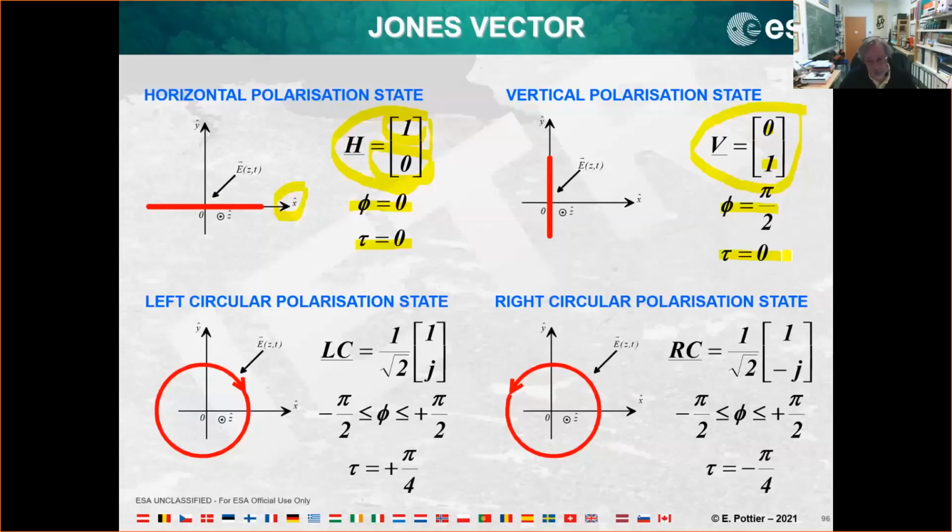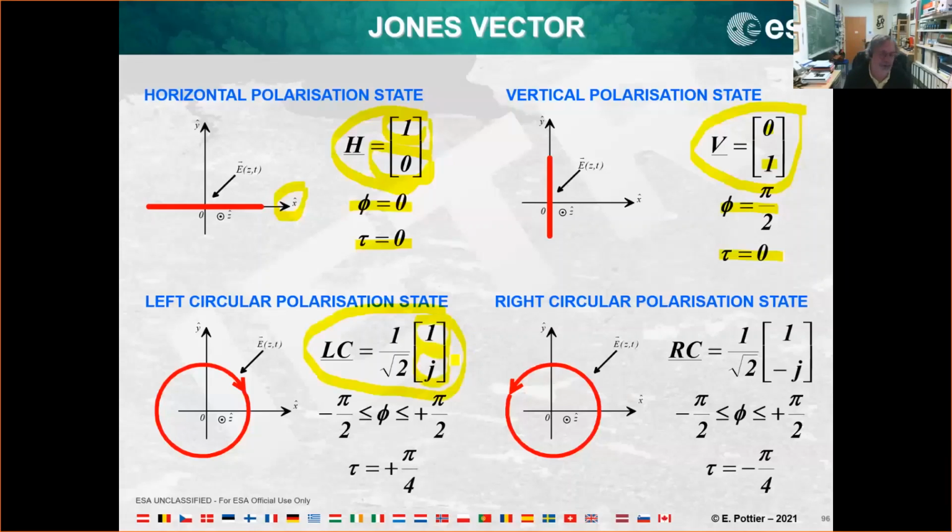And we can conclude by two important examples, which are the following. The circular polarization. Because you will learn that with the new system, the new configuration, what we call the hybrid polarization or the compact polarization, we are using circular polarization. So we have to define what a circular polarization is. And in fact, the circular polarization is given here. Okay. So we can say that we have exactly the same information on the x-axis and the y-axis. You can see that we have exactly the same magnitude.